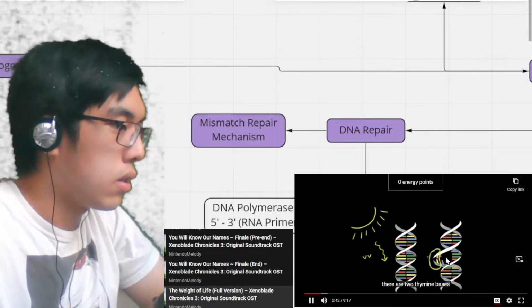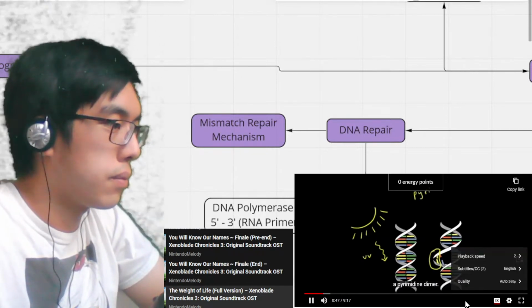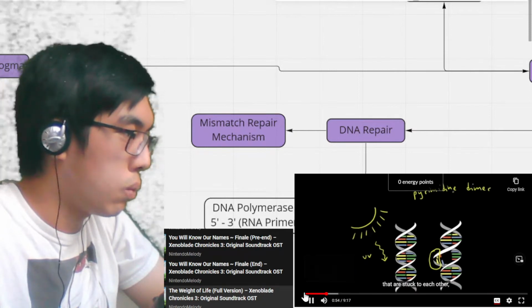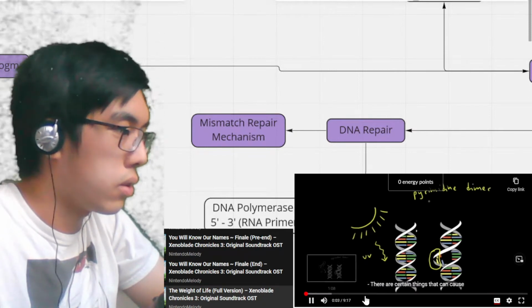There are two thymine bases that are stuck together, and that's called a pyrimidine dimer. So a dimer is simply when you have two molecules that are identical, they're stuck to each other, and pyrimidine tells us that it